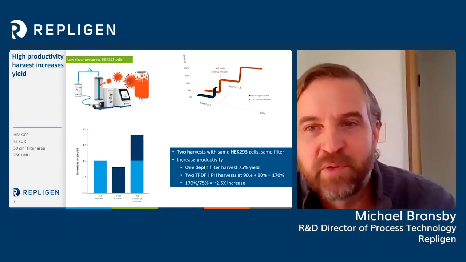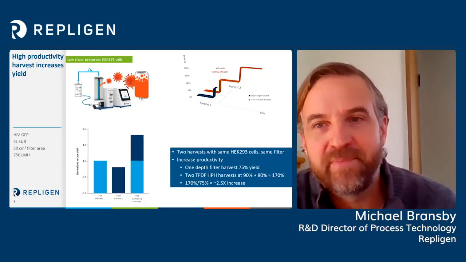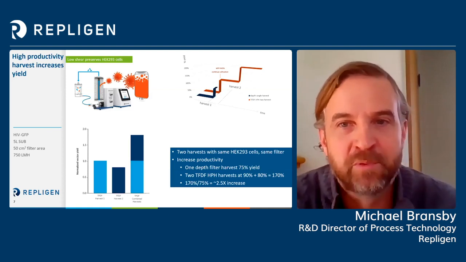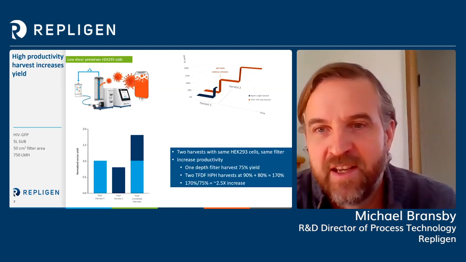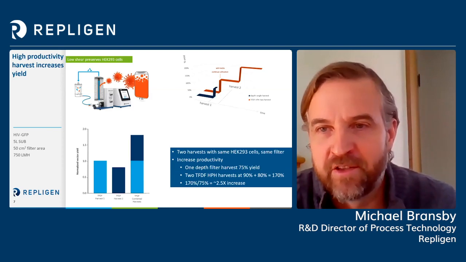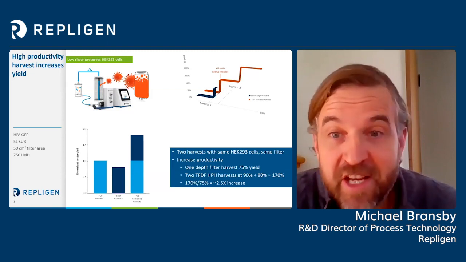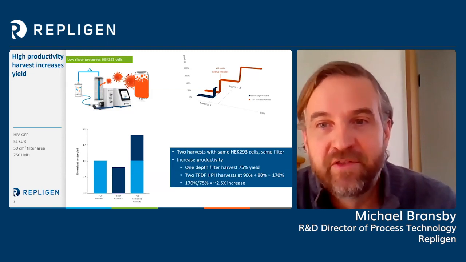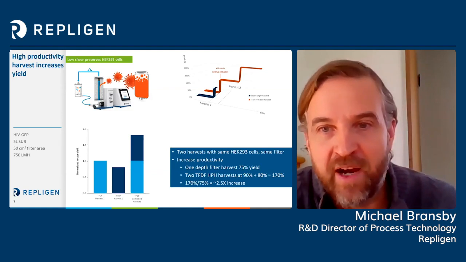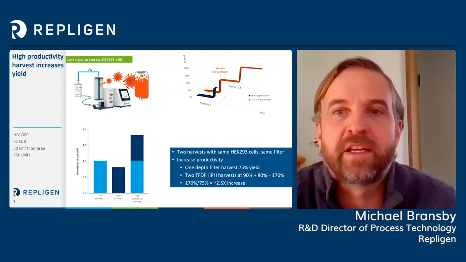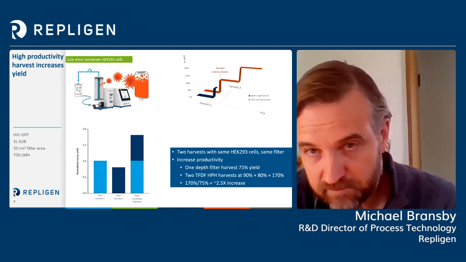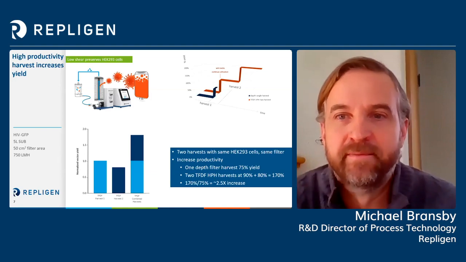So can lentivirus production be run in this high productivity kind of mode where you can get multiple batches out of the same cells? It's also referred to as batch perfusion to some. Well, the answer is yes. Using a 5-liter single-use bioreactor and an HIV GFP virus, a first harvest was executed at 750 LMH, delivering a yield greater than 90%.